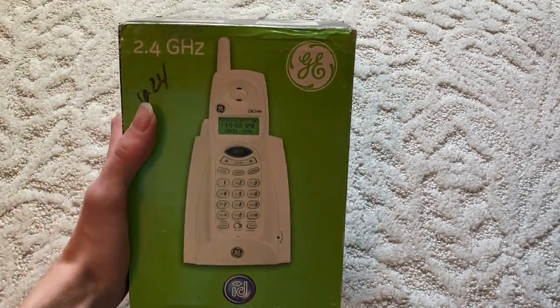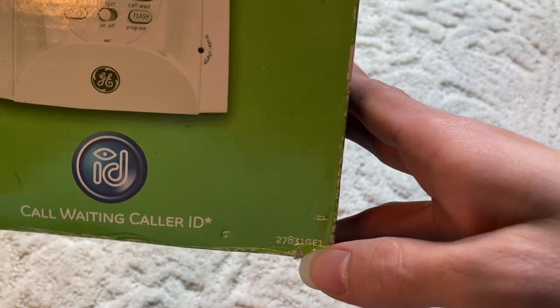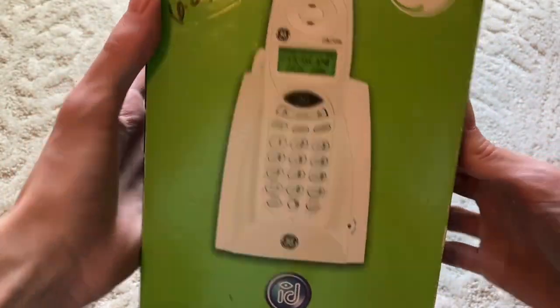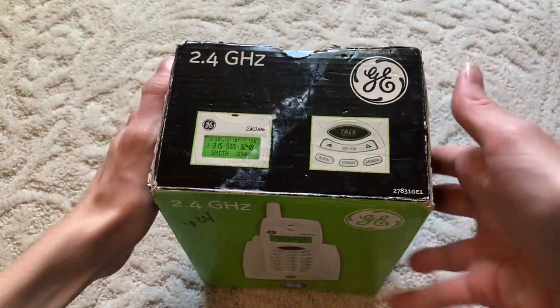Hello viewers, here is a General Electric 2.4 gigahertz, probably analog cordless phone, model 27831GE1. This was made by Thomson Consumer Electronics in around 2006, and I picked this up at the thrift store